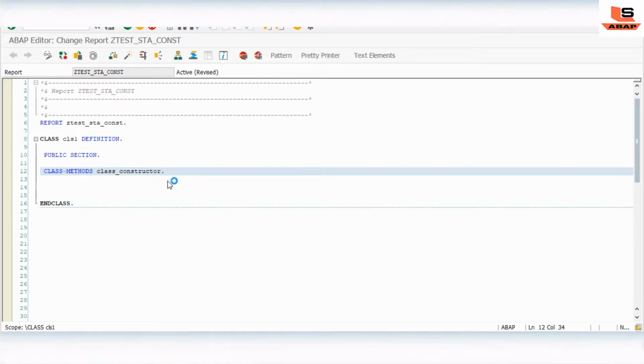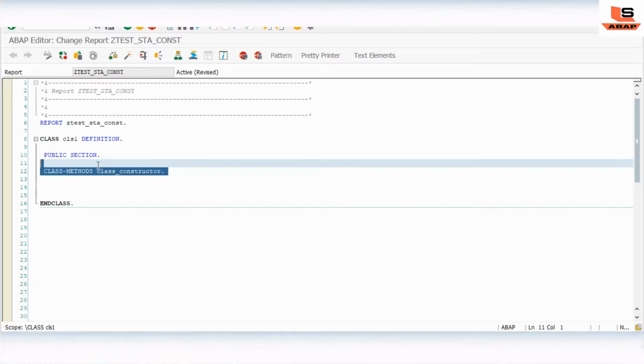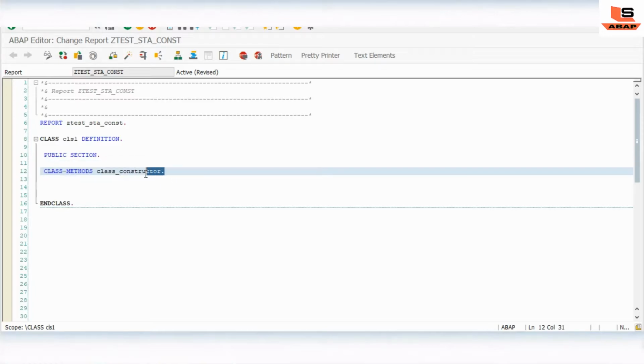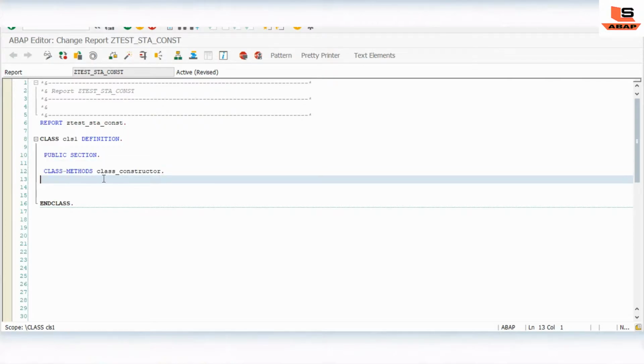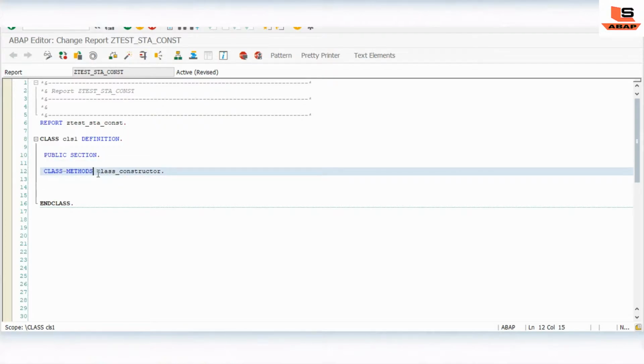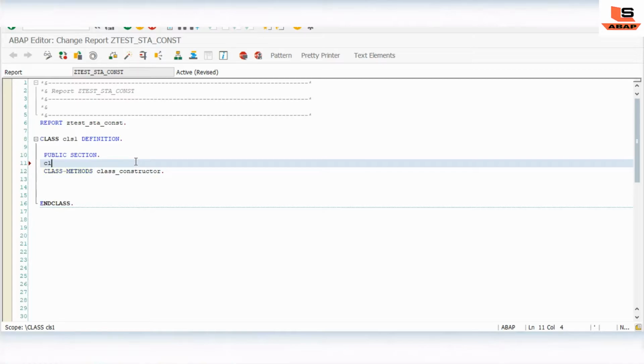This is the naming convention in order to define a static constructor. If you give any other name, then it will not be a static constructor; it will act as a static method. So remember, whenever you want to create a static constructor, you have to follow this naming convention: class_constructor.